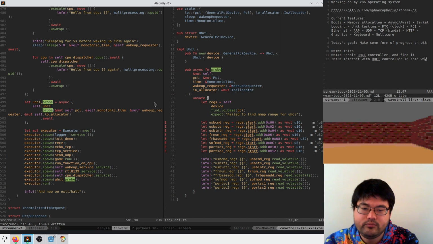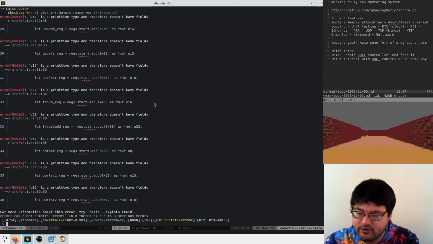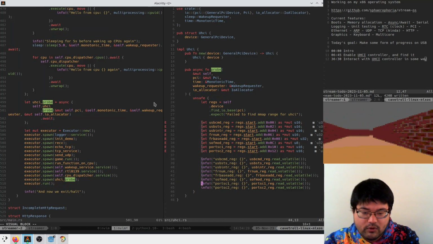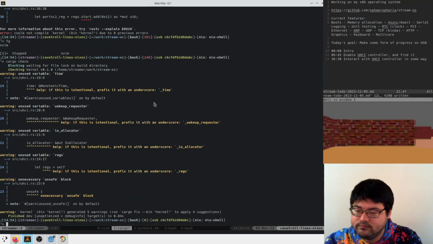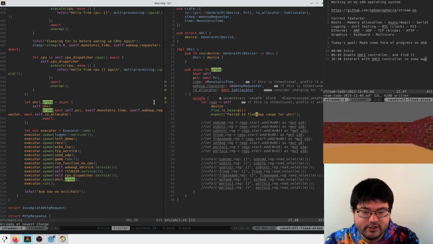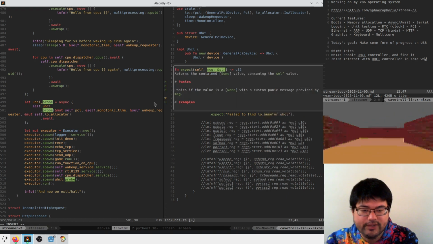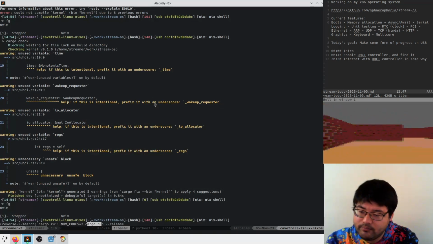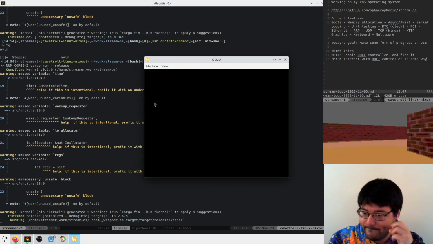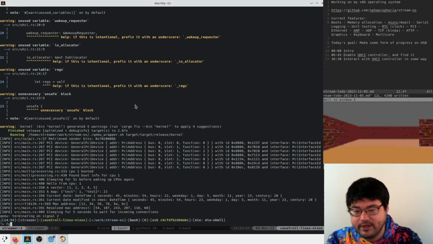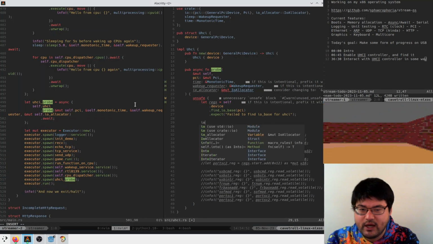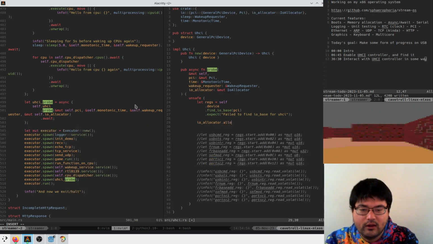Cool. Does it still compile? I actually don't know if it will because of mutability problems. This stuff is all wrong now. And let's see if this at least works. So we'll change this from mmap range to IO base, is what we called it. Okay, so we find our IO base, and now we can say, what is the type of this guy? He's a U32, so we'll just say IO allocator. Allocate,